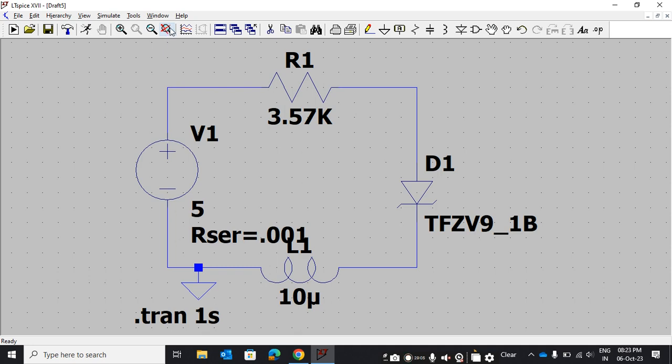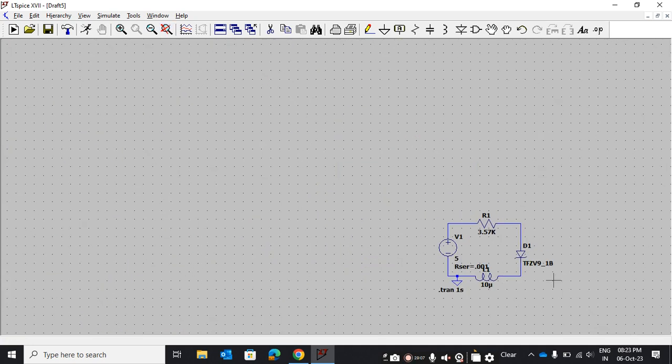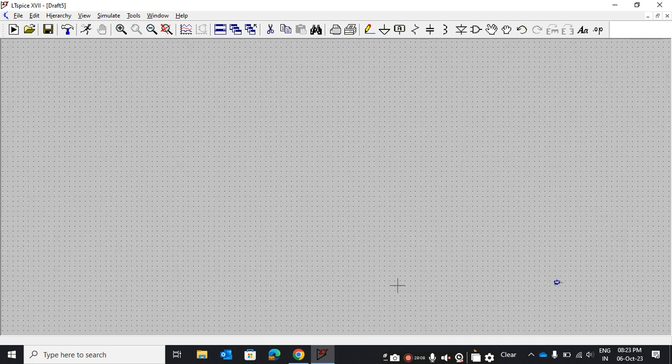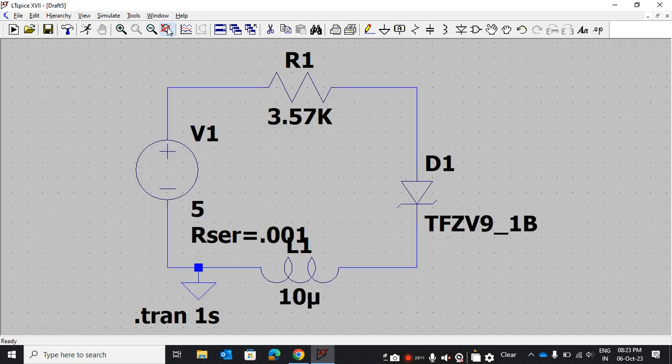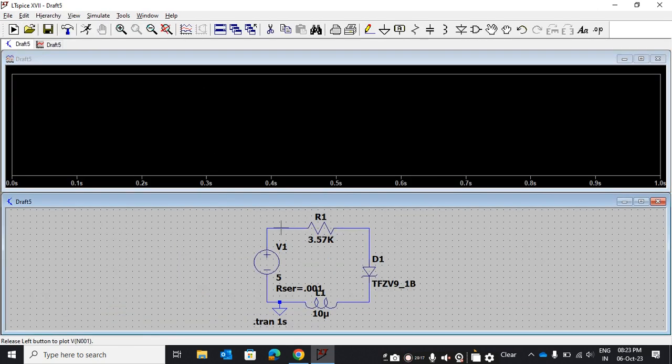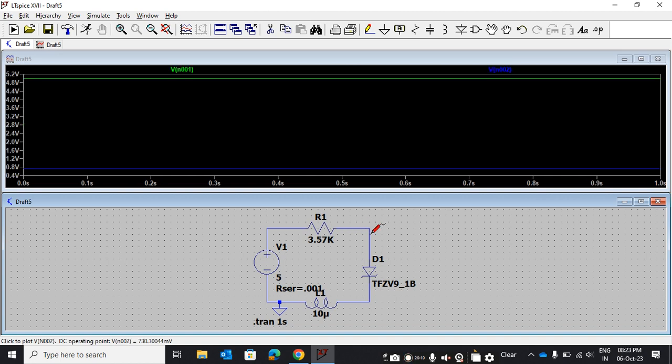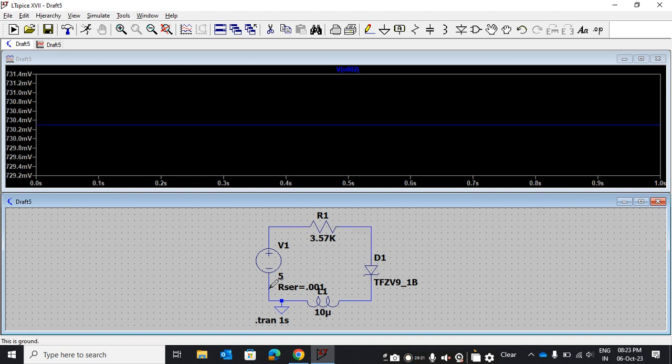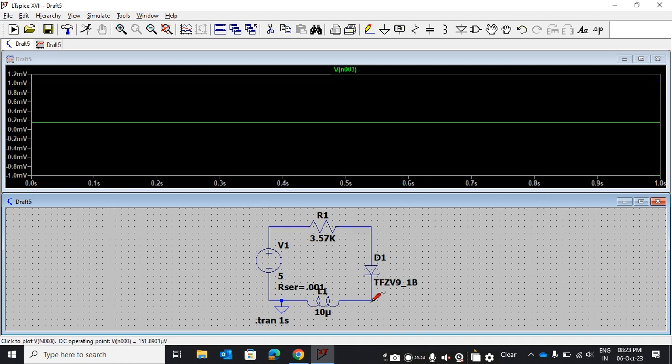If your circuit is like this, press here and it will fit the circuit on the window. And this is also simulate, you can do like this.